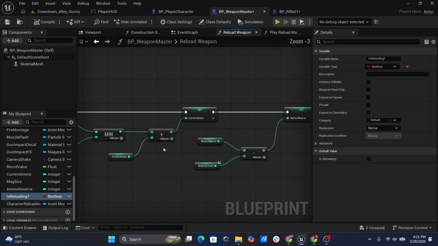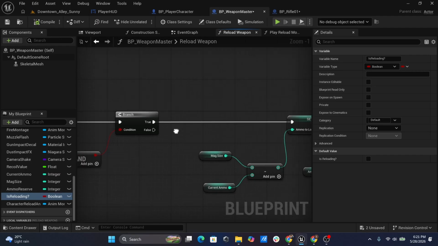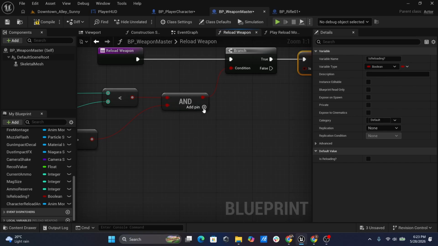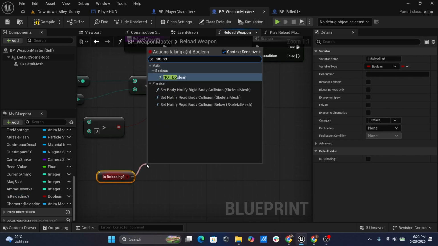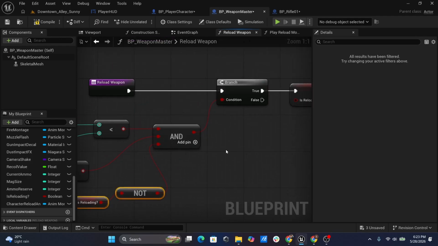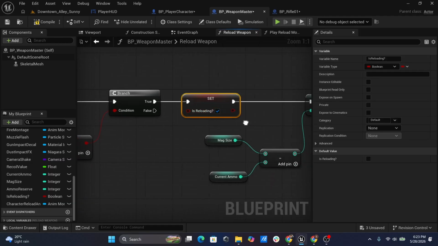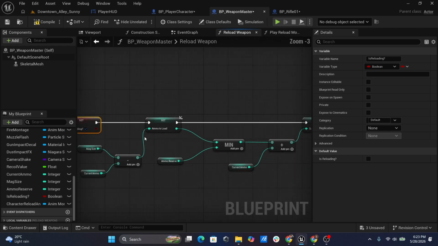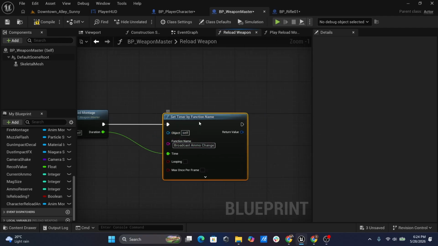So onto our reload weapon, as soon as we reload, we need to set it to true. We need to add one more check, and that is if isReloading is not true. That means if isReloading is not true, then only we can reload. But as soon as we press reload, we are making it true so that we cannot spam reload. So now, after that, I'm going to